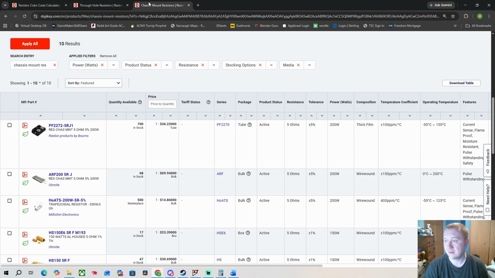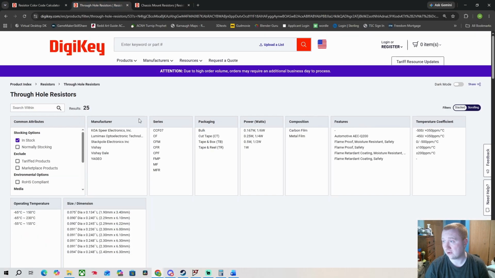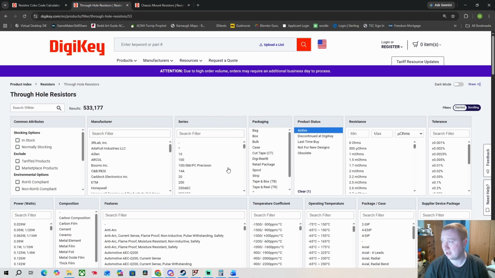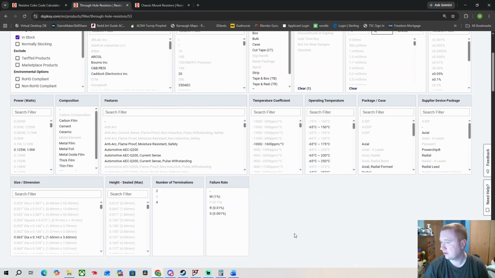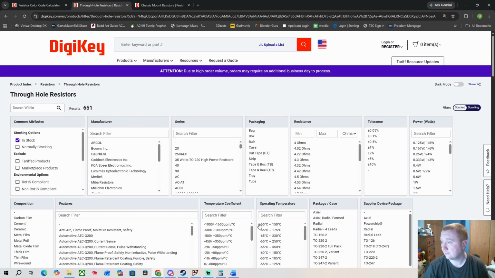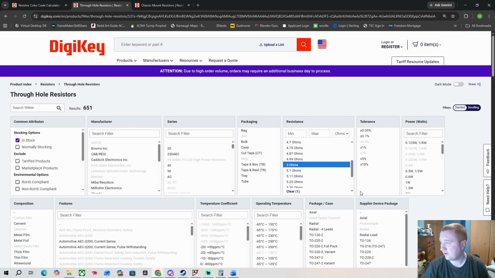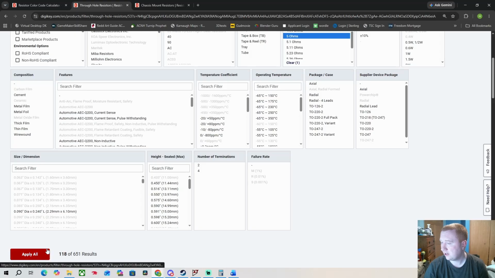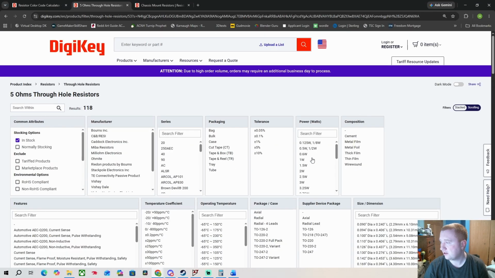So back on DigiKey, I went through the through-hole category, and let's say that I want 5 ohms. I'll switch this to ohms here. I just give it a range in between here. Apply. Just select 5. I don't really care about the composition. I just want to see if there's anything that matches what I'm looking for. 100 watts is the maximum. This is not going to cut it. So there's a different category called